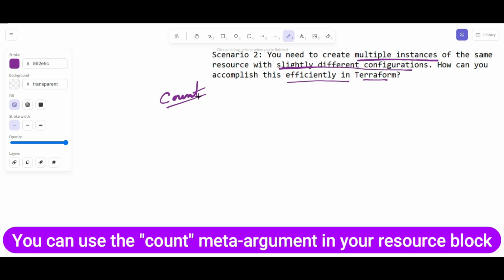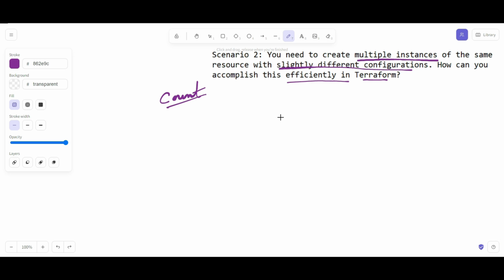count meta argument in your resource block, which specifies how many instances of the resource to create. If you didn't see my previous video on the count meta argument, you can find the I button appearing at the top of this video. You can refer to it for more details. How can we use the meta argument? When you create any resource